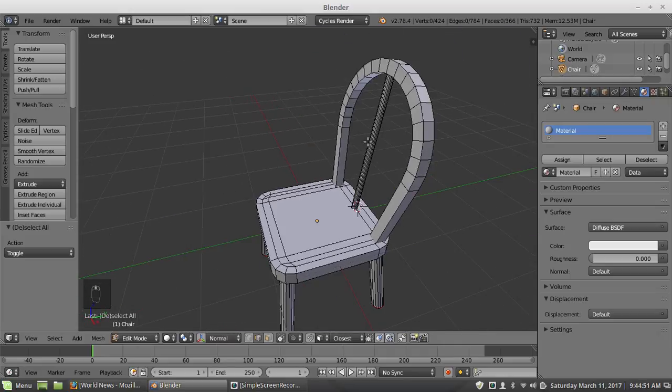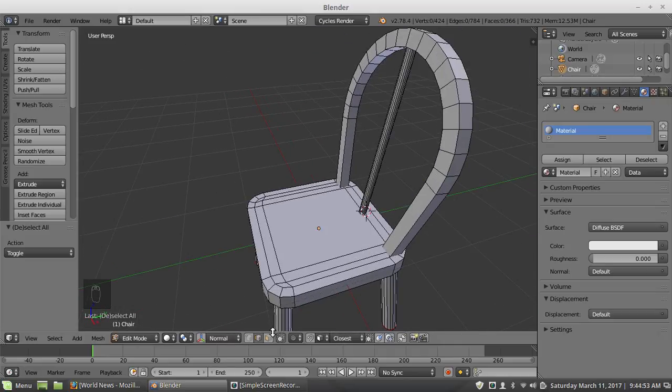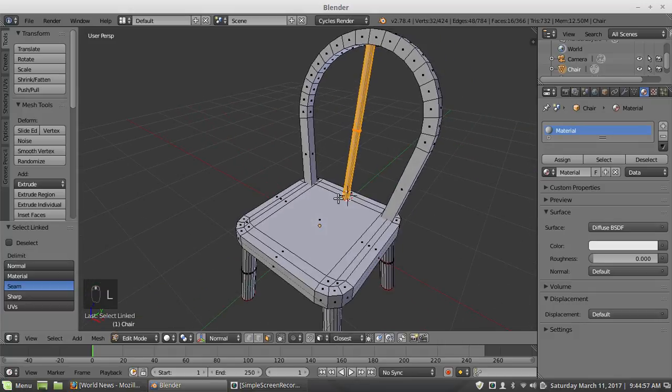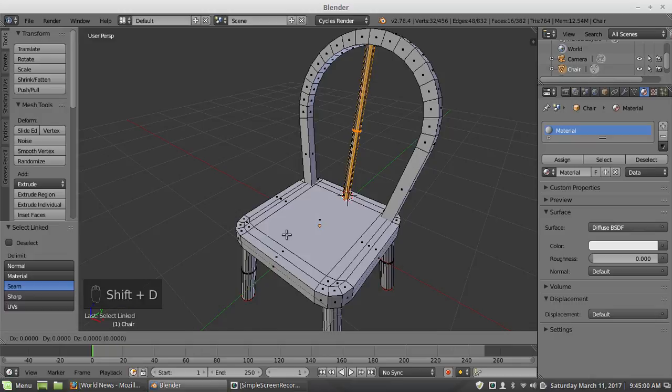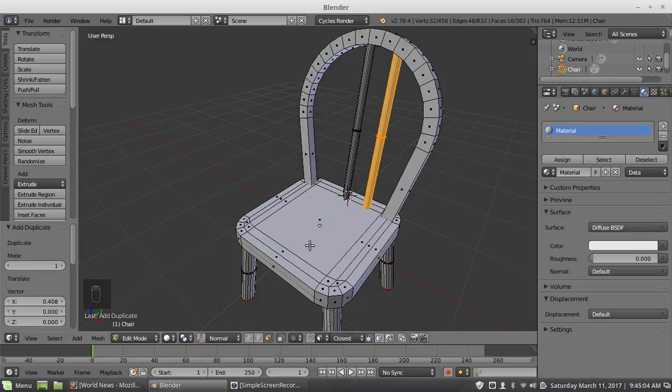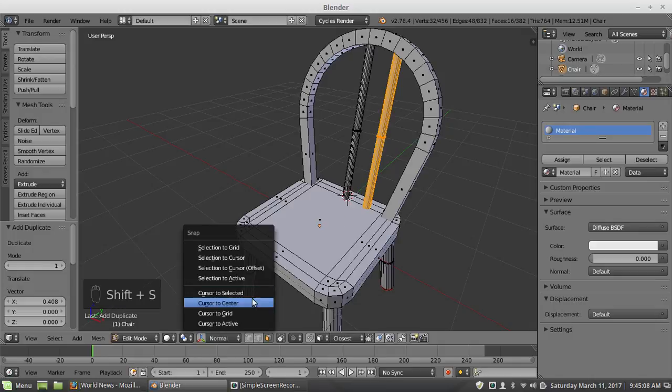So now that's already prepped and done, I can duplicate it and I won't have to repeat those steps. Just like that. Shift D, X, like so. And I'm going to snap my 3D cursor to center just to make sure it's centered.